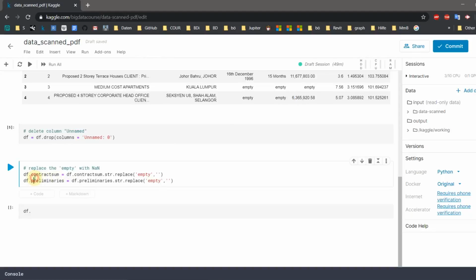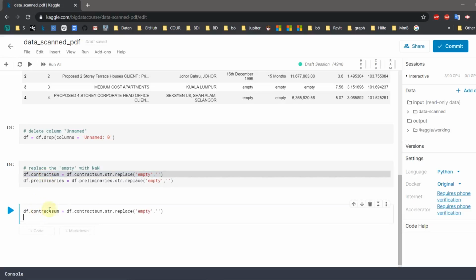Now remove the commas separating thousands from the contract sum column.